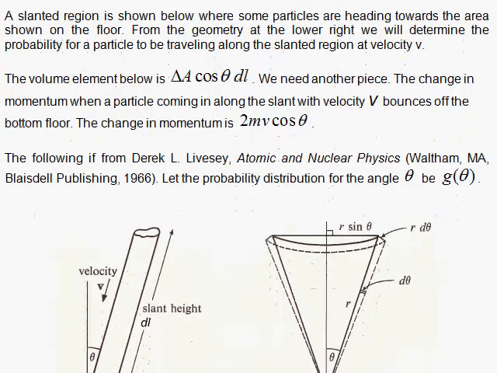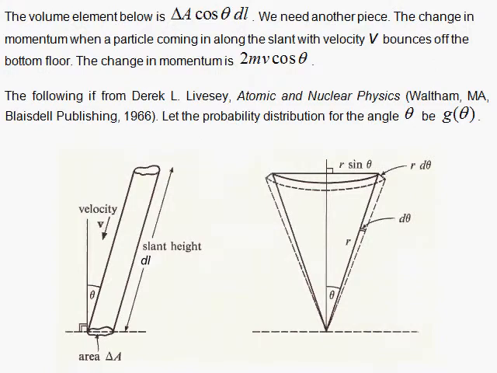Now we come to a beautiful pair of diagrams which I saw in a great book written many, many years ago that enables us to derive essentially the ideal gas law. We consider a volume of a slanted cylinder, and that volume is the cross-sectional area times the length. And the way this length is defined, dl, with the time frame dt, dl over dt is the velocity of the particle coming in. Say from here, it's going to then hit the floor, dl over dt being v, and it's going to bounce off,